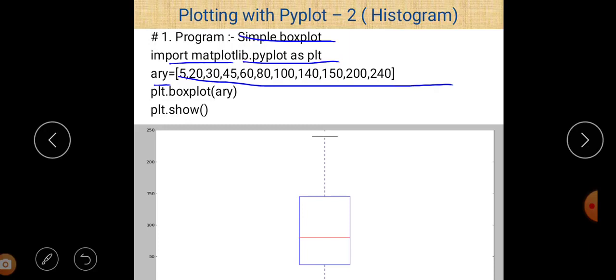So the next point is plt.boxplot(arr). Using this data, we can easily create a box plot. So this is the default box plot, and the other parameter values that are part of the boxplot method are at their default values here. And then plt.show is a method which basically shows the output on the screen. So this is our output after the execution of that program.